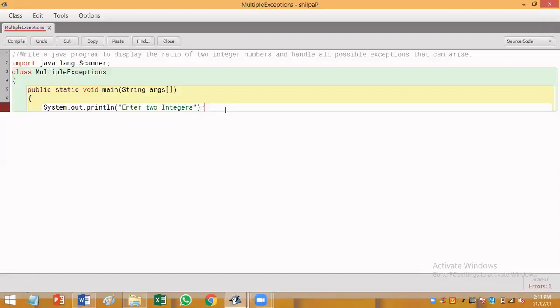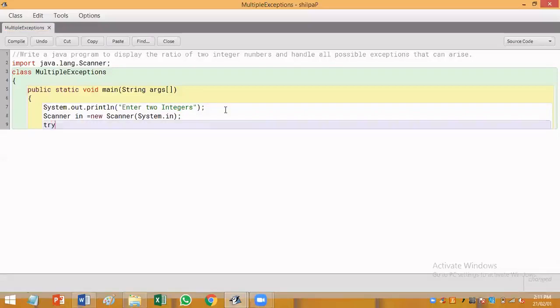Now we have to write the program code to catch these multiple exceptions in one program. Okay, let us see how to handle this. So first I create a Scanner object by writing Scanner in = new Scanner(System.in). So I've created a Scanner object. Now I have to read an integer number. So int. While reading an integer number, an exception could be raised. Okay, so that we have to catch.